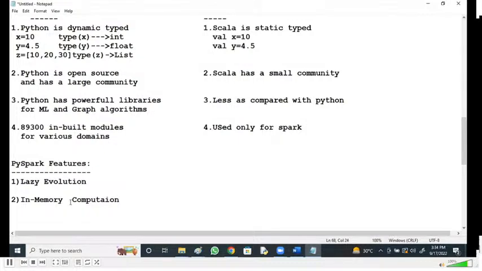The storage and processing, both you can see within the memory level, right? Memory level storage and memory level processing is going to happen in this PySpark. As compared to disk processing, memory related processing is much faster, storing and processing within this memory.